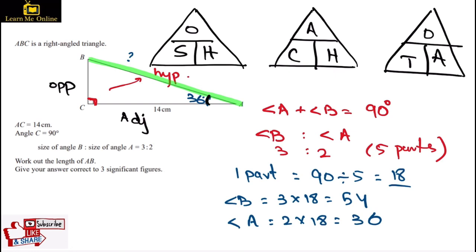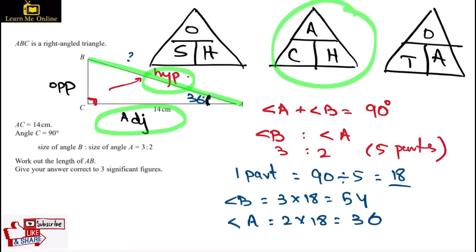Now we're going to see which trigonometry function we use to find the length of the hypotenuse. We have the adjacent, and we are finding the hypotenuse. So A and H come from this function, which is the cos function this time. What we are finding is the hypotenuse, and remember that this line means divide. So I'm going to write down, to find the hypotenuse, which is AB,